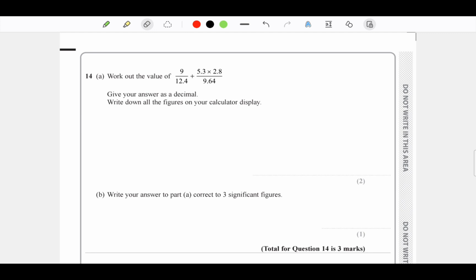So it's going to be brackets 9 divided by 12.4 close brackets plus open brackets. We're going to open two brackets, 5.3 multiplied by 2.8 close bracket divided by 9.6 close bracket, and hit the equals sign. You will get a really long number, which is